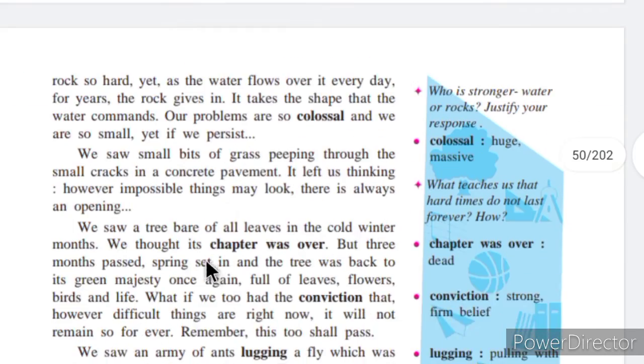All right. Next example. We saw small bits of grass peeping through the small cracks in a concrete pavement. It left us thinking, however impossible things may look, there is always an opening. Third example is again very beautiful. All right, the tiny blades of grass peeping through the cracks in the concrete pavement, we can say as a